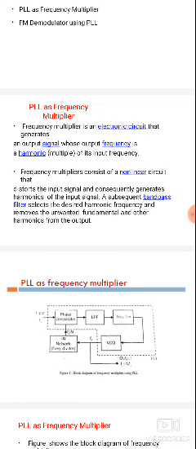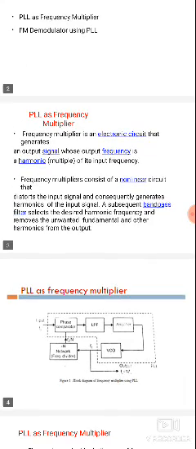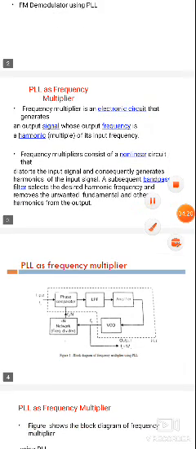This is the last topic in our 5th unit of LIC, timers and PLLs. The last topic in PLLs is the demodulator, FM demodulator using PLL. So first, I am going to explain PLL as a frequency multiplier. How can it be used as a frequency multiplier?